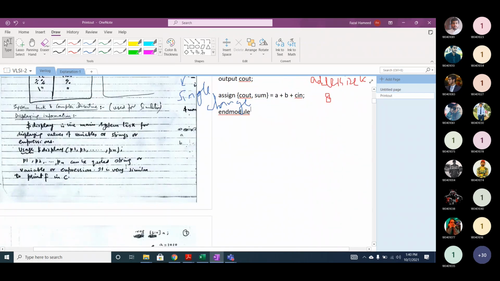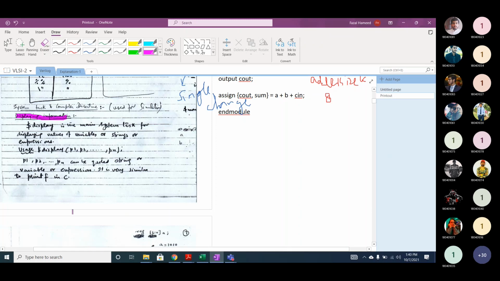Now, system task and compiler directive. Displaying information. Display is the main system task for displaying the value of variables or string or any expression, at different time instances, and not at a single time instance.